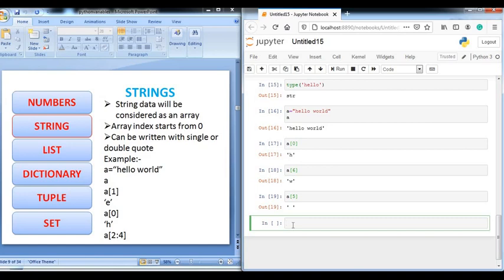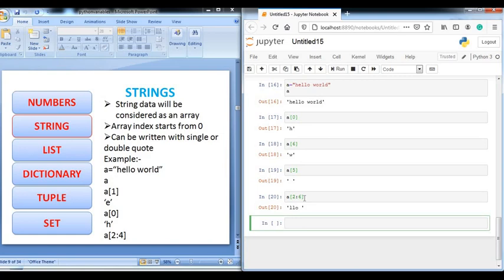If you want to print a range of characters, like multiple characters, like if you want to print starting from index 2 to index 6, try this. It will print LLO, that means it starts from index 2 and prints up to the 6th index, excluding it. What it did is go one less, because index 6 is basically W, so the value must be less than that particular value.